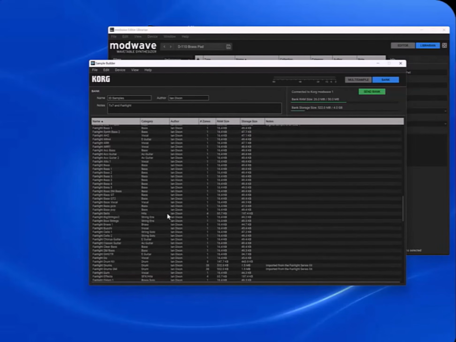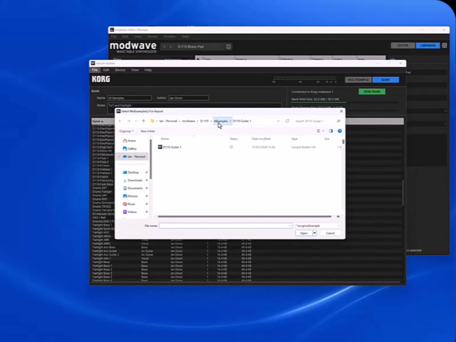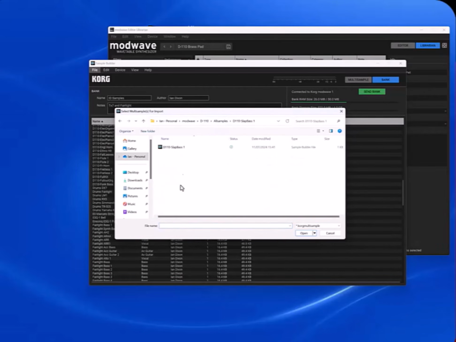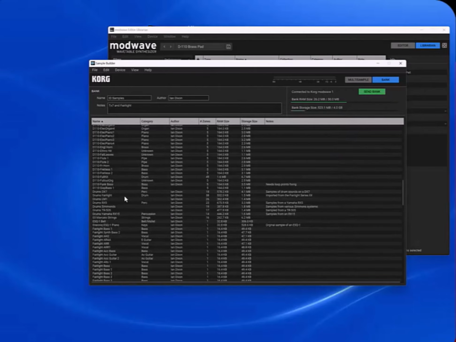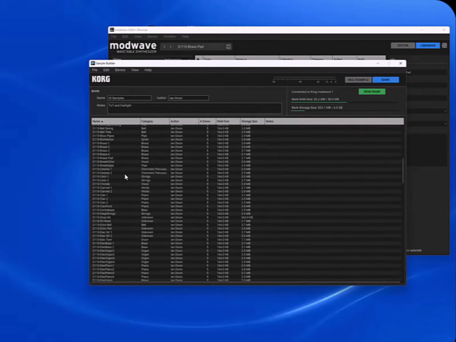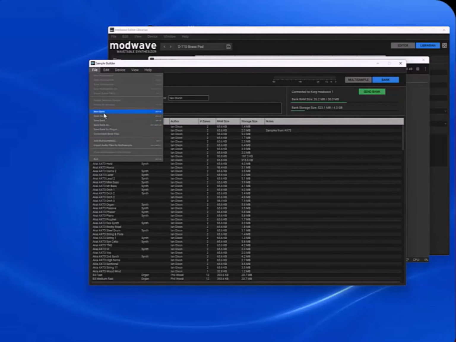So you could have one of those, and you want to add my D110 files in, you can do add multi-samples, and then you'll find all the sounds in there, and then you can pick the one you wanted to add and add that one, and that adds it in there. So then this is now my master, so I've got all my Fairlight ones in and my D110 ones and the mkII ones in, and I can just do send bank. Okay, so that's sent that. All those are now in my ModWave, and like I said, for Wavestate I would just pick that one and do the same thing. If you've got ModWave Native or Wavestate Native, what you can do is you can get your bank or my bank, and then you do